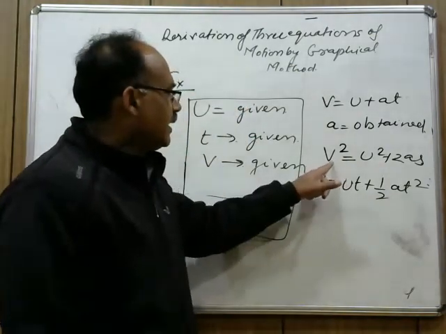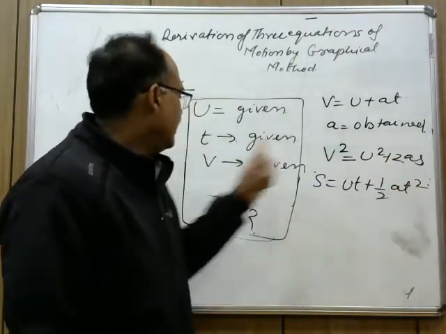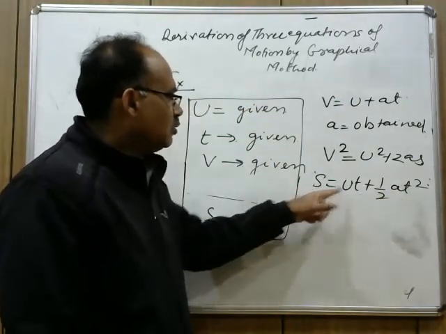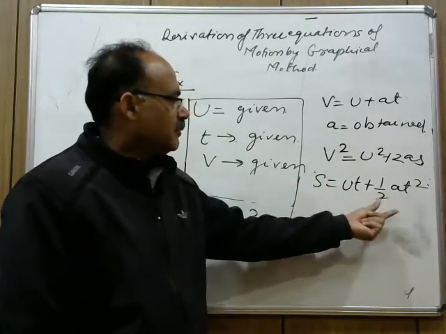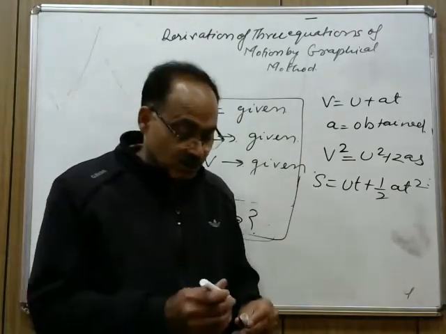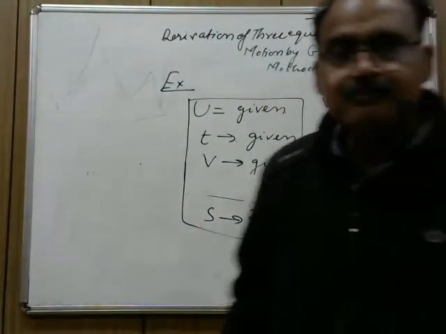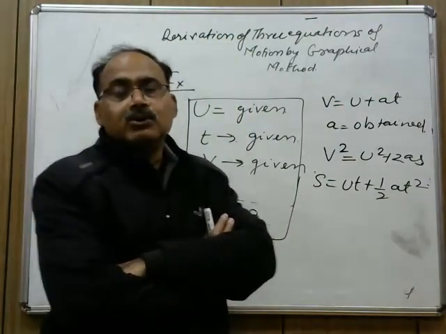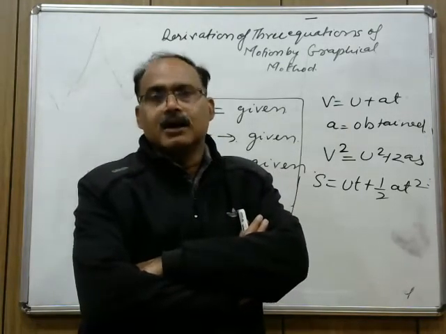इस इक्वेशन को अप्लाई करेंगे, इनिशियल वेलोसिटी पता है, फाइनल वेलोसिटी पता है, एस आपको निकालना है, ए आपने निकाल लिया फर्स्ट पार्ट में. ठीक, अगर आप इसको यूज करते हैं तो आपको टाइम जो दिया है, टाइम का यूज हो जाएगा, एंड इनिशियल वेलोसिटी एंड टाइम, दिस इज एक्सेलरेशन एंड टाइम. You can find out the displacement. So, for the questions related to the equations of motion, first of all, you should write which quantities are given and which quantities are asked.